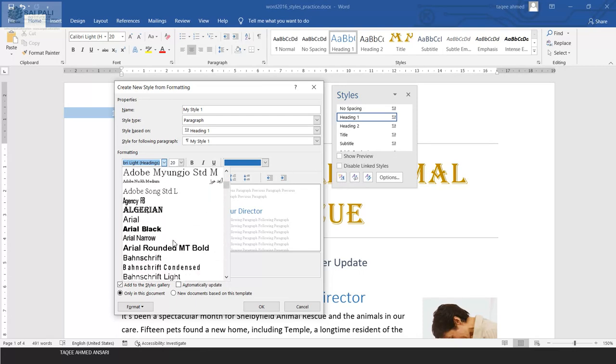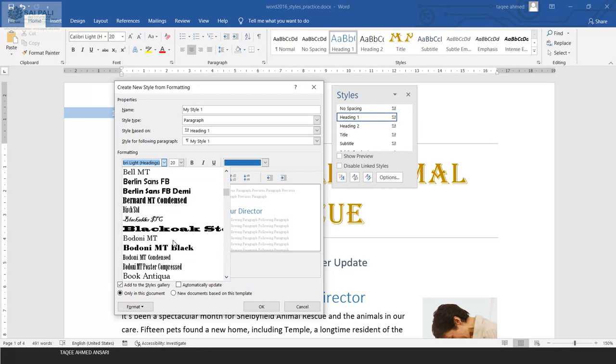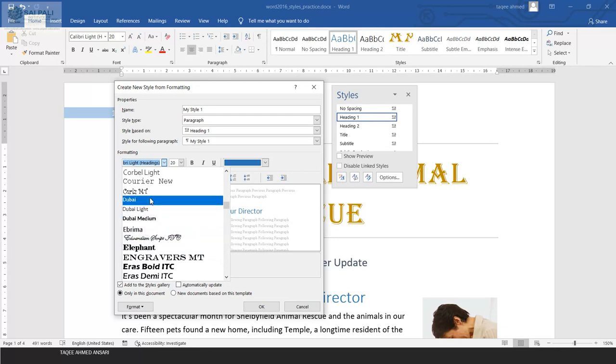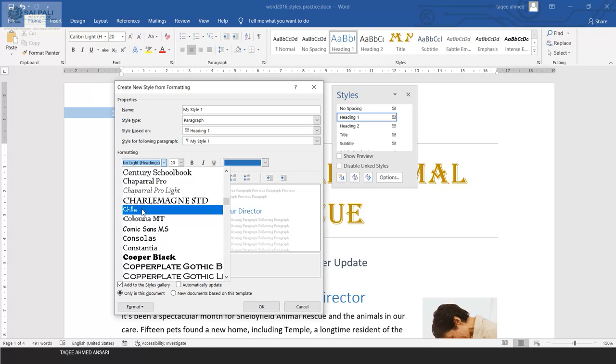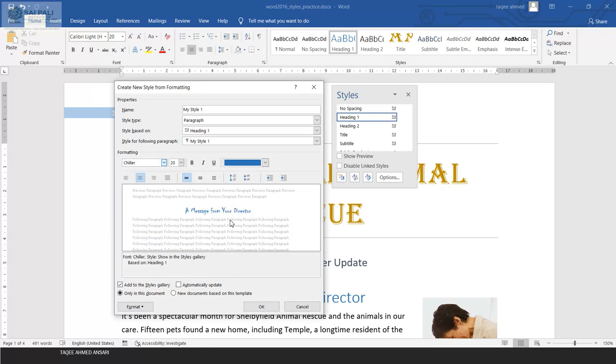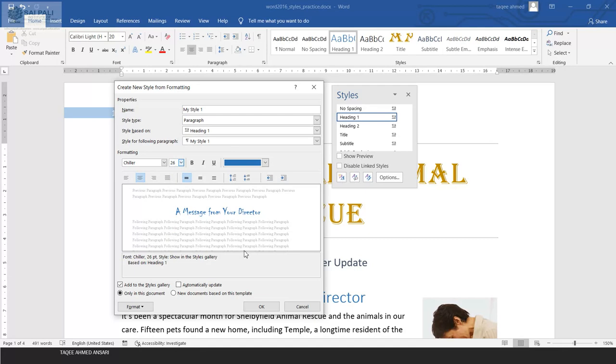Let's say I like this one. Then you can select the size you want. Let's say I want 24.